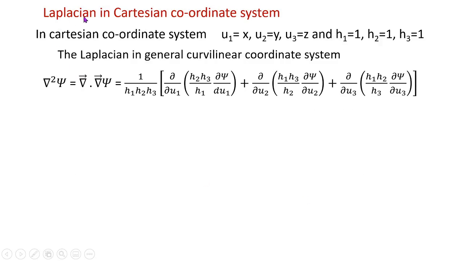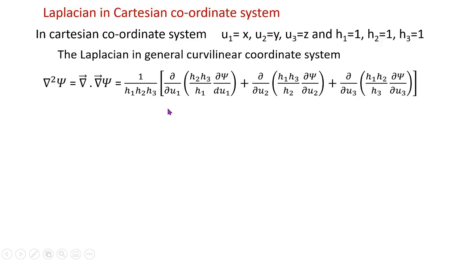First, let us derive the Laplacian in the Cartesian coordinate system. In the Cartesian coordinate system, the coordinates are x, y, z. Therefore, u1 is equal to x, u2 is equal to y, u3 is equal to z. And the three scale factors h1 is equal to 1, h2 is equal to 1, h3 is equal to 1. Substitute u1 is equal to x, u2 is equal to y, u3 is equal to z, and h1, h2,